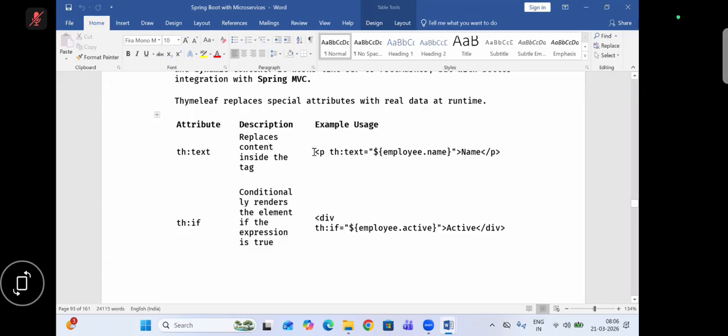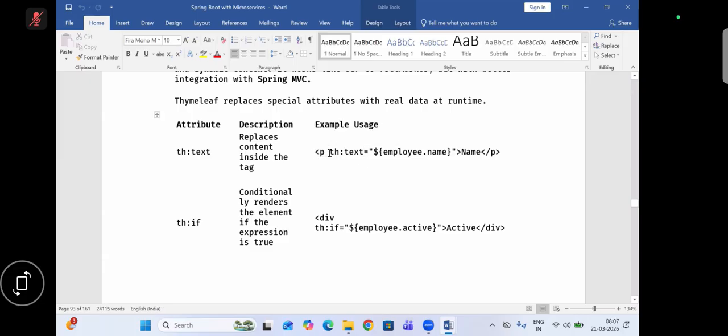For example, I am writing an example usage like this. P, that is the paragraph tag, and Thymeleaf attributes are used inside an HTML tag. Thymeleaf attributes cannot be used directly, they must be used within HTML tags. So P is an HTML tag, the paragraph tag,